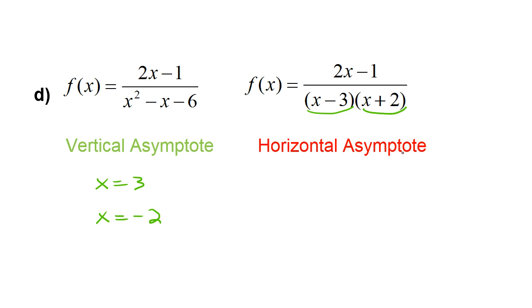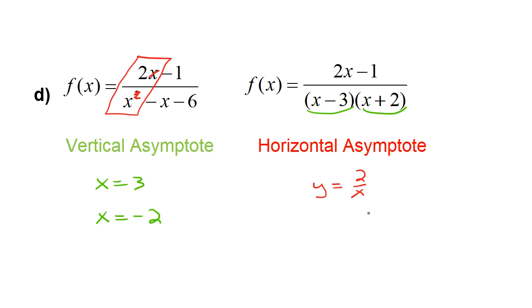Now for the horizontal asymptote, I don't want to look at this format. I want to come back and look at this format. When I look at the lead term in my numerator and my denominator, if I simplify that, the x in the numerator will cancel one of the x's in the denominator, and I've just got x left. So when you look at y equals 2 over x,